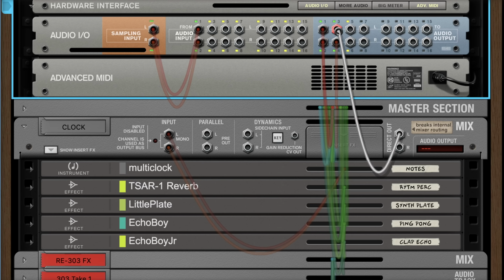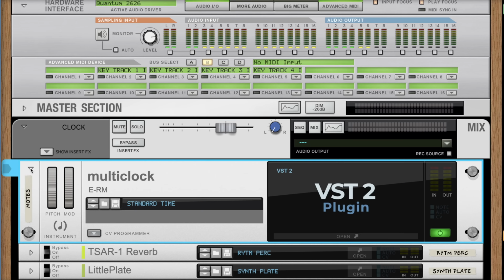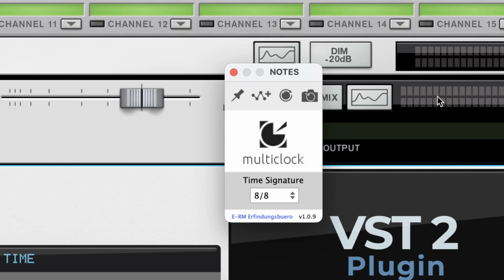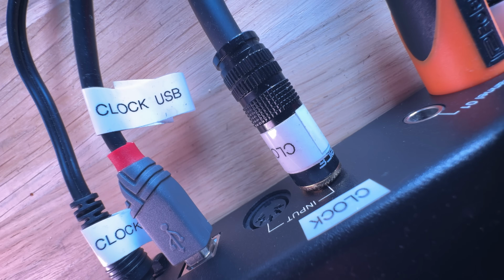In this configuration, the timing information comes from a click track in Reason via the third audio output on the Quantum 2626. The click track is generated by ERM's Multiclock VST. Here you can see I've configured the time signature to 8/8, which is the default setting. I then have a cable carrying the audio signal from output 3 on the 2626 to the audio input